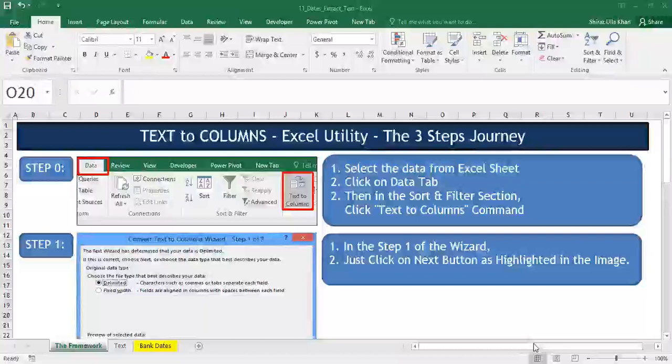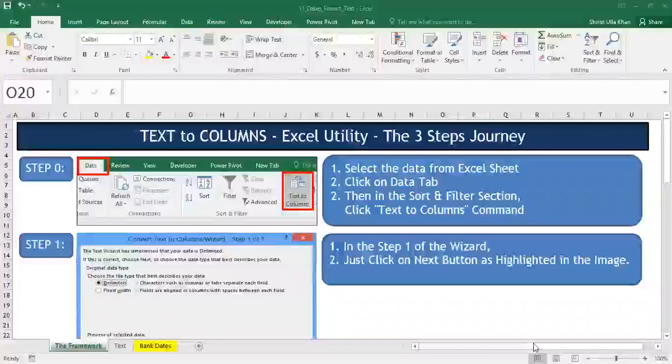Okay, I'll repeat, people. We have already seen a function in Excel which is used to join two words, which is concatenate. So concatenate is used to join two words, whereas there is no function available in Excel to split the data into two different words. So hence, Excel has given us a utility which is called text to columns.